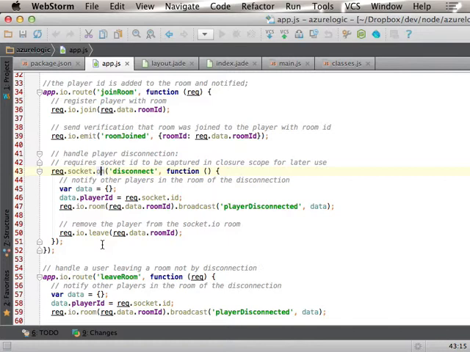As I got closer and closer to hitting the point where I was going to implement the disconnect feature, I said, how am I going to do this? And I was actually terrified that the guy who wrote express.io had hidden too much of socket.io. It turns out he recommends that you not touch the socket object, but if you want to do this, you have to touch the socket object to do it in closure scope,